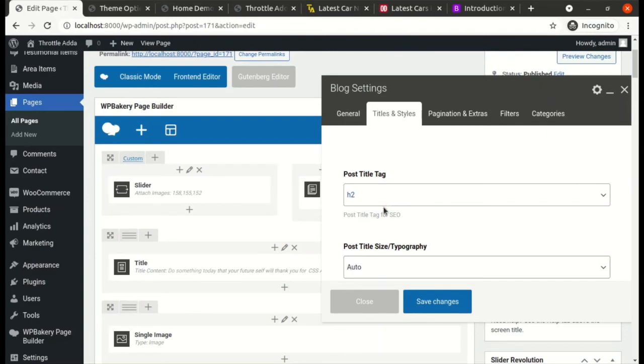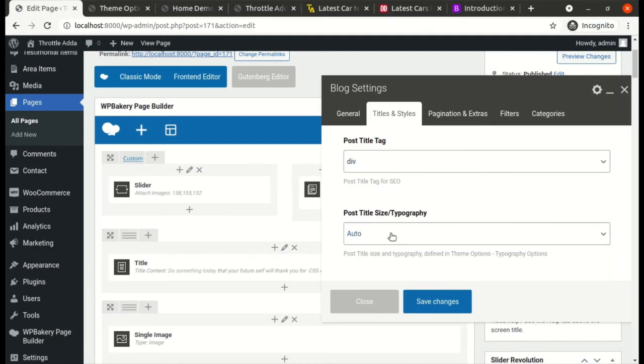If you know H1, the header tags in HTML give us an option to display the text in bigger or smaller sizes. We want the minimal size for our section, hence we will go for div. Basically we don't want to attach any header tag to our titles.